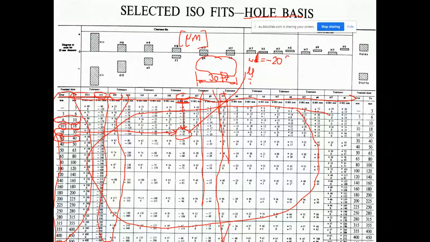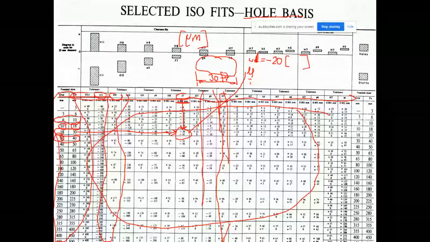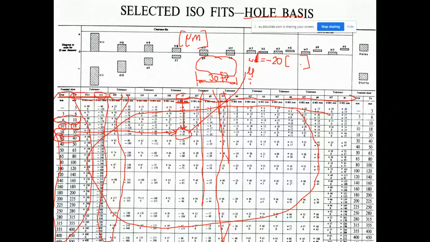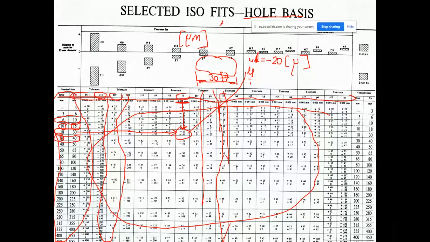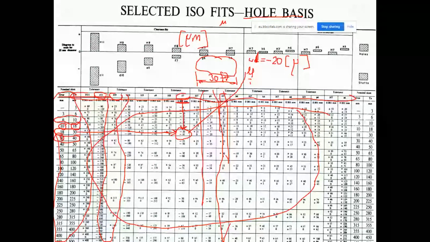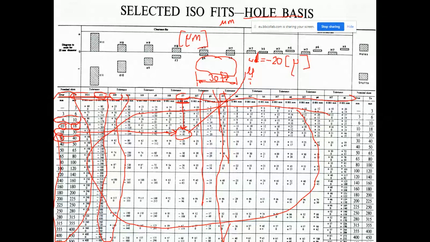Don't forget to write the unit of measurement. It is to inform me and also to notice yourself that it is not millimeter. Micro from the Greek alphabet. Don't forget to use a long tail, otherwise, with a short tail, if you're writing micro, it will look like millimeter. Do not use a short tail. Exaggerate the case with a very long tail. Micro from the Greek alphabet, and lowercase m, micrometer.